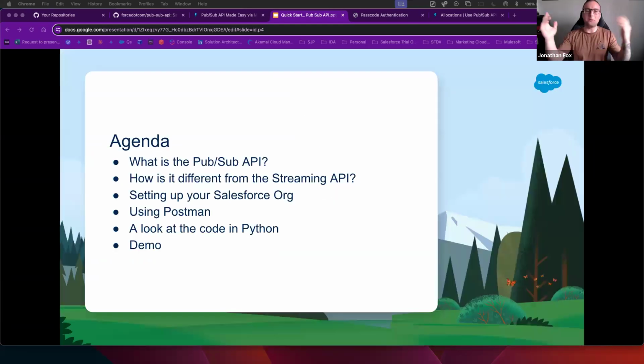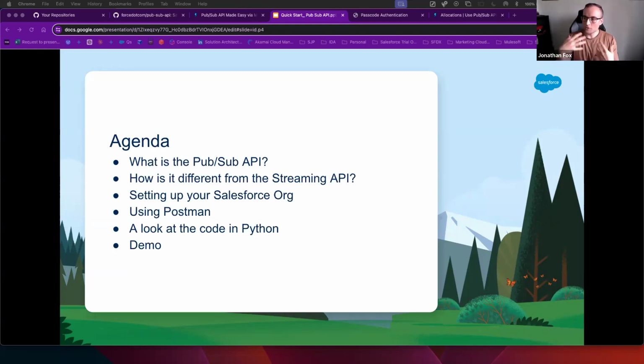So what do I want to cover today? I want to talk about the PubSub API, and really say what the PubSub API is, because there are still people, and we were talking about it at the beginning, that still use CometD in the streaming API in general. There are still architects out there building solutions, or designing solutions, should I say, who still don't feel comfortable with the whole event-driven architecture side of things. And that's absolutely fine because for some organizations it doesn't fit. And that's also fine because sometimes you don't have the opportunity to get comfortable with it.